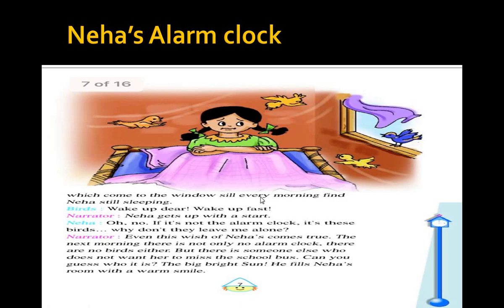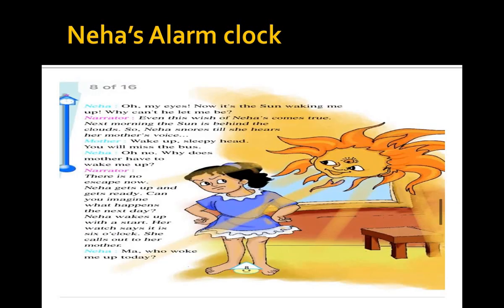pane. So she again wakes up, and now again she is frustrated. Why? Because she is again disturbed from her peaceful sleep. So Neha says, "Oh my eyes, now it's the sun waking me up. Why can't he let me be?" Even this wish of Neha's comes true. So this is the third morning, and Neha is again disturbed from her peaceful sleep, but she should wake up